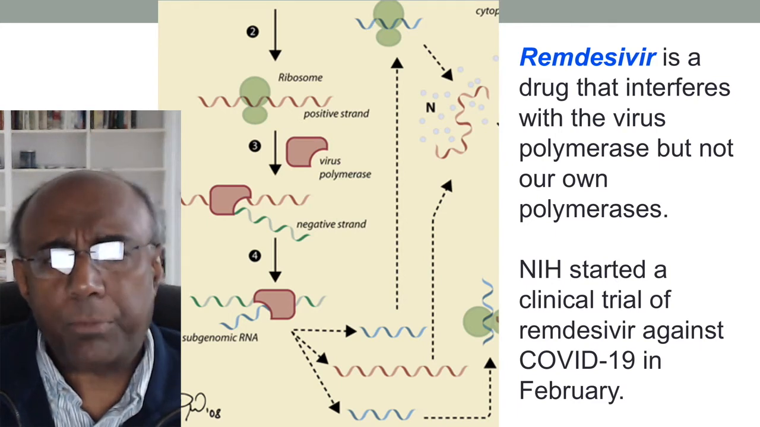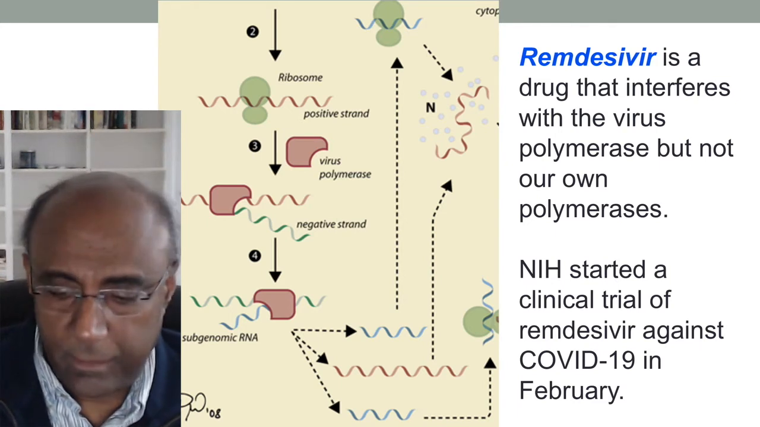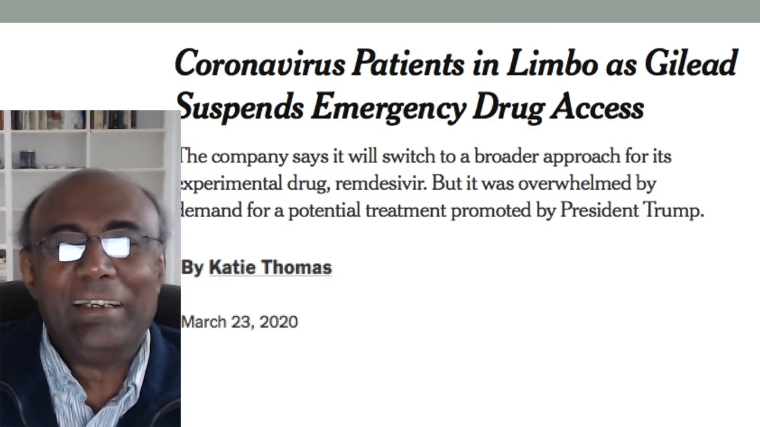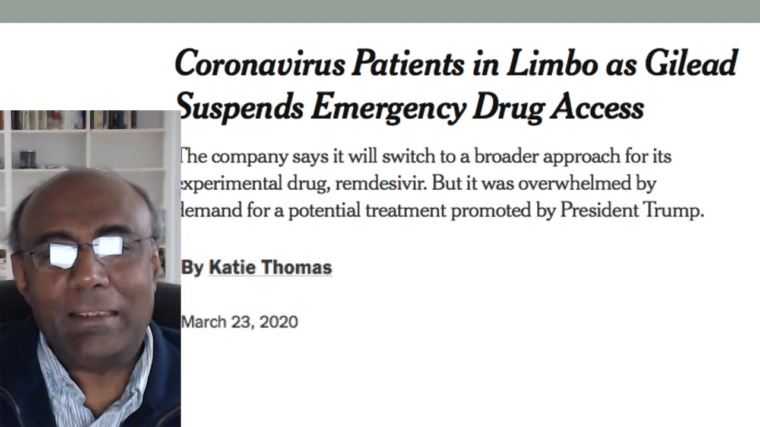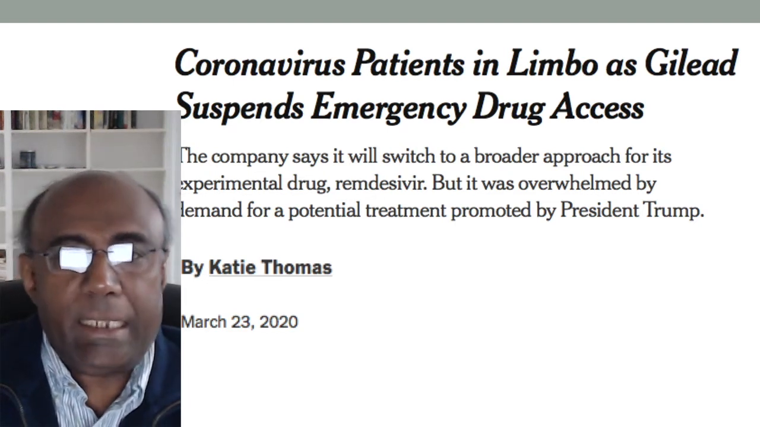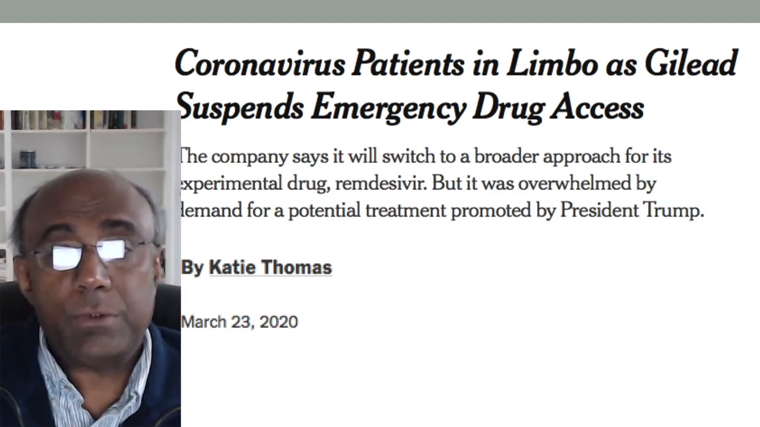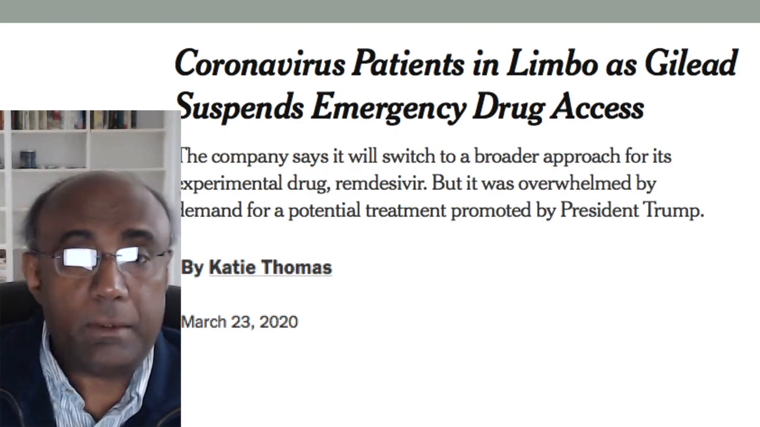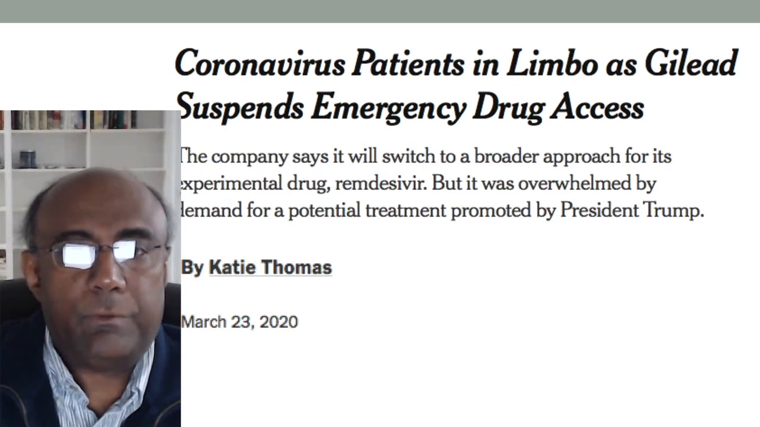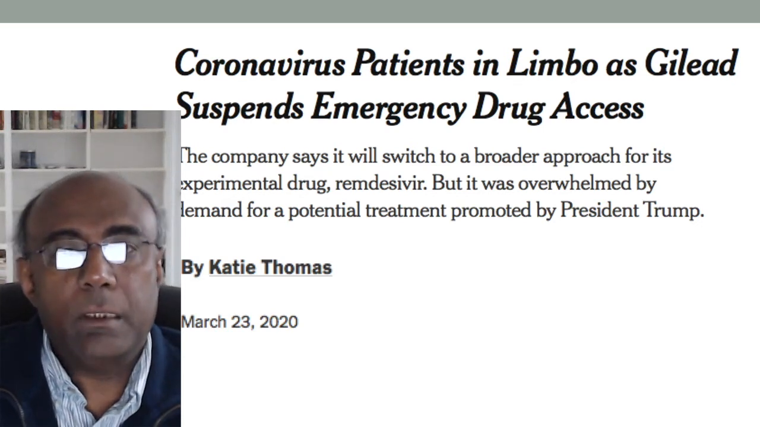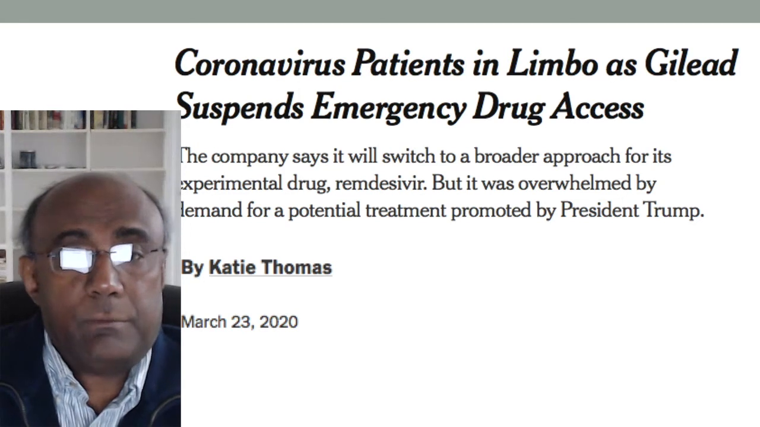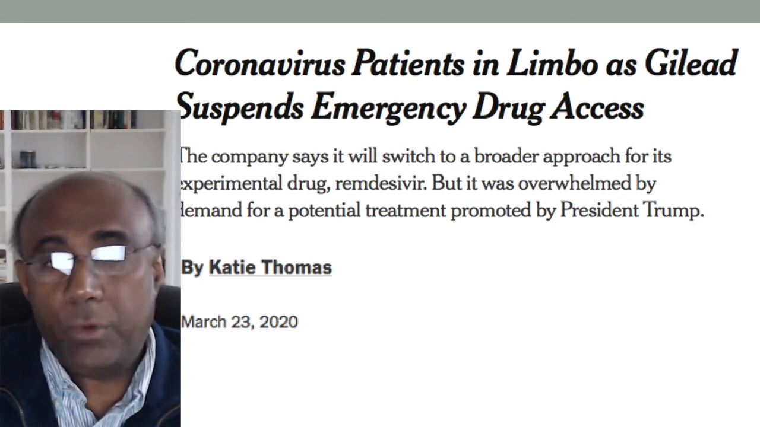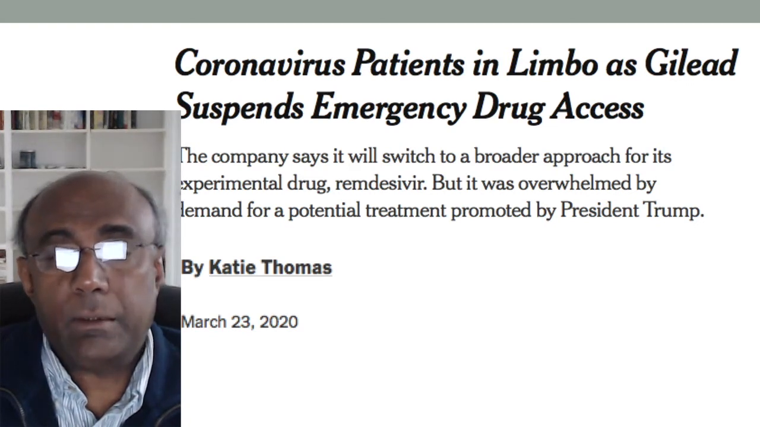So that showed promise, but again, here is what happens when our president opens his mouth. He touted that, and the next thing you know, the company Gilead Sciences, which makes it, got overwhelmed, and they had to stop the trial because everybody was demanding this right away, even though it is just in a clinical trial phase. And so they have stopped it, and I have no idea what's going to happen, what the progress on this